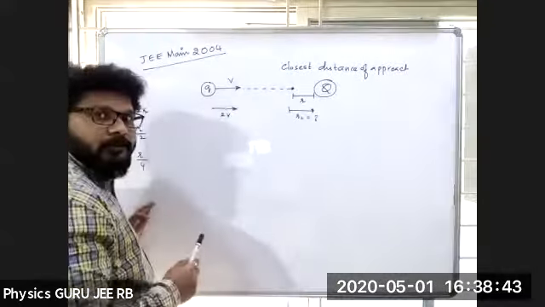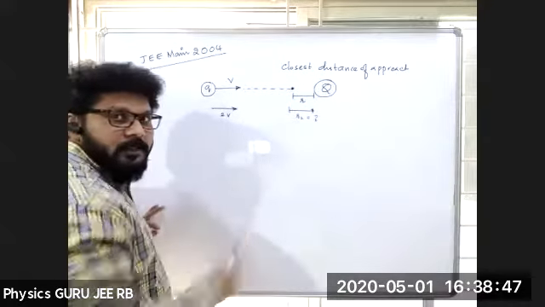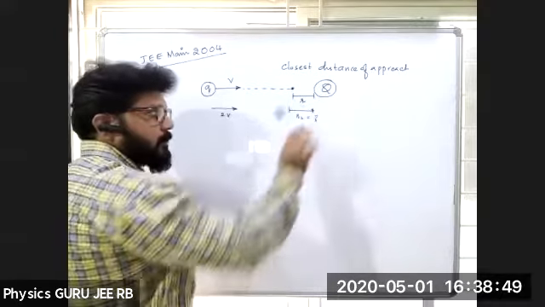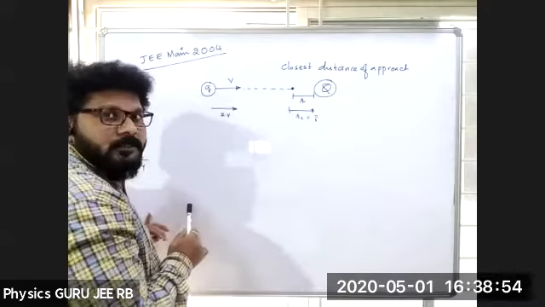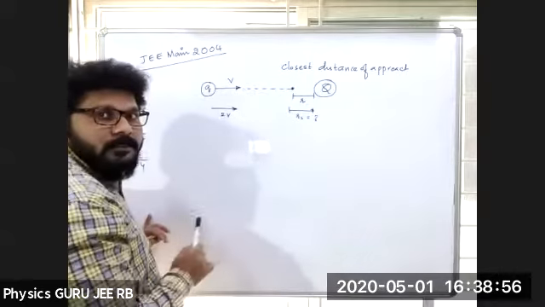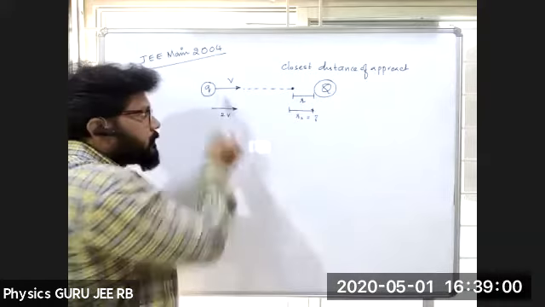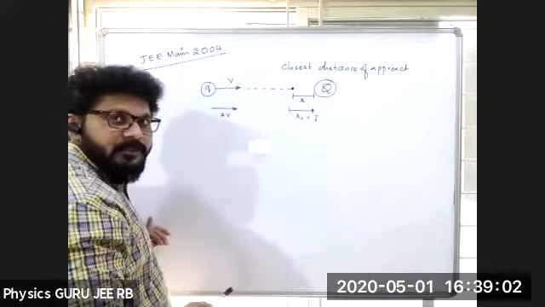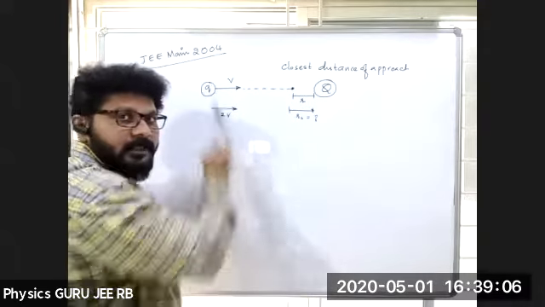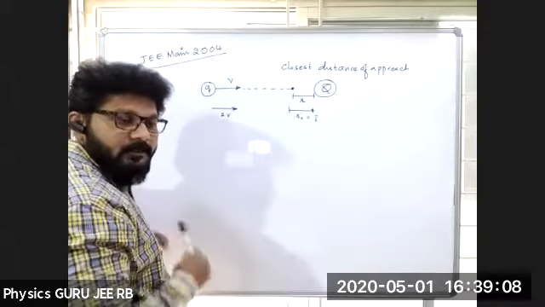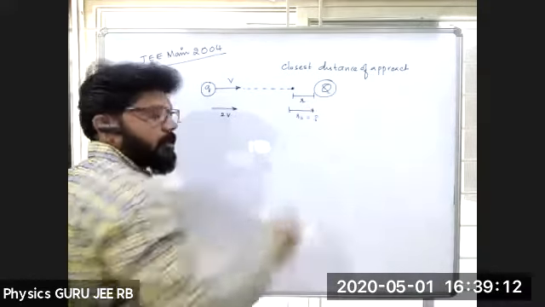Small q is a charge, and capital Q is a charge. Two charges are there. Capital Q is fixed, and a small q charge from a certain distance is projected with velocity v towards capital Q. It's projected with speed v, which means initially it will have certain kinetic energy, so it will go nearer to capital Q.